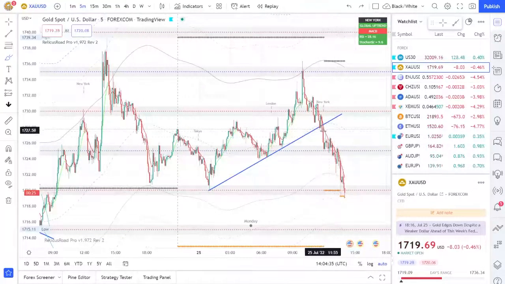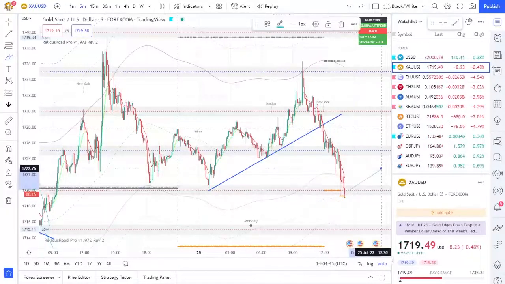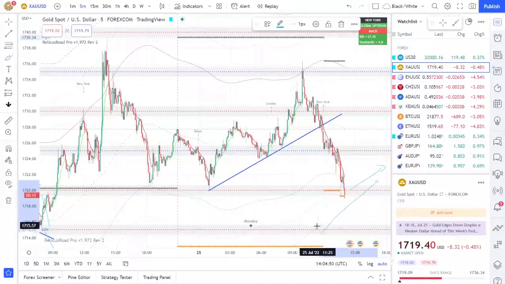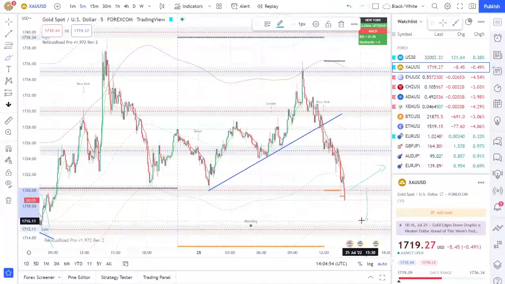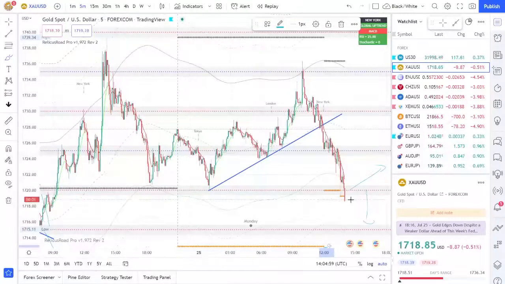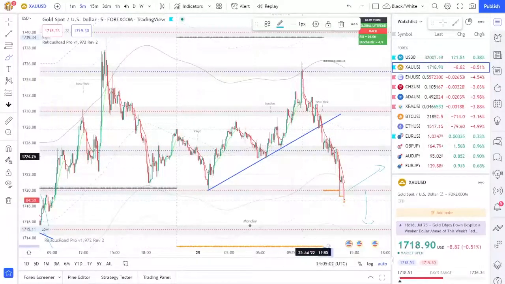So the market kept falling until it hit 1720, right? And now we can see that the market might take a pullback here, and then it could continue down until it hits this level right here. Now what we can do is something even better. So what we're gonna do is,